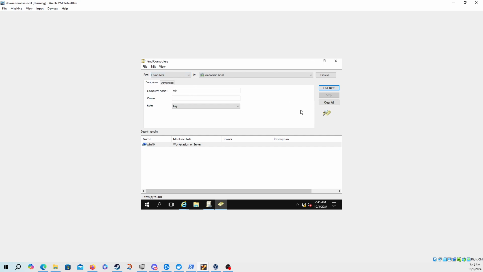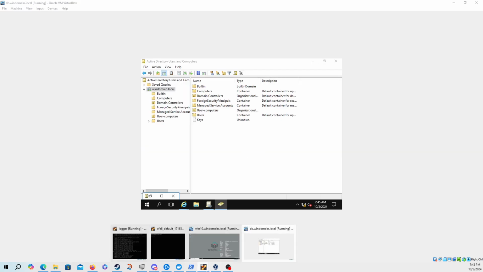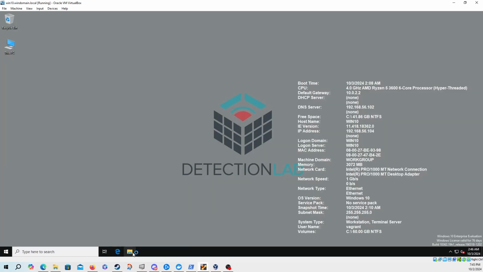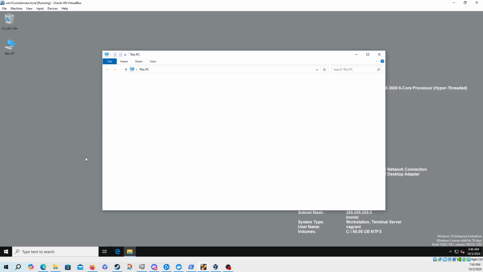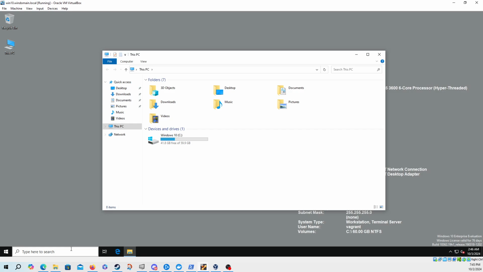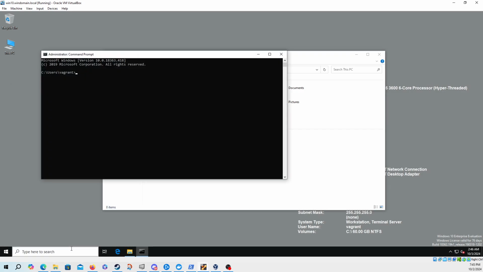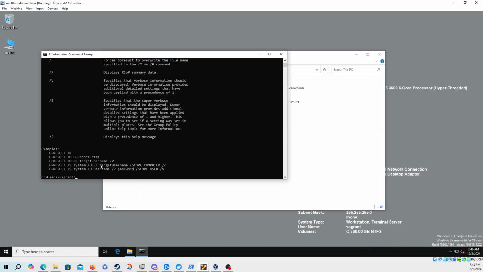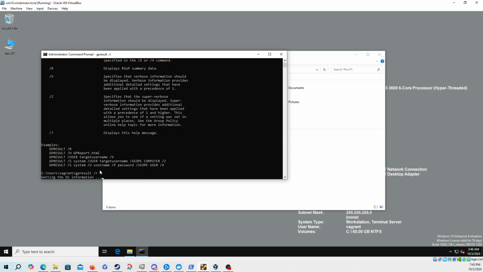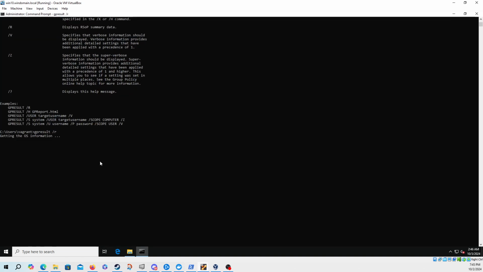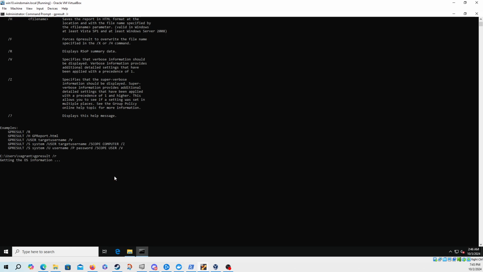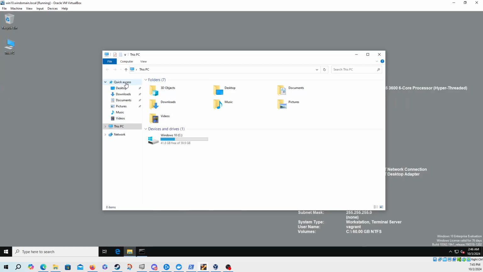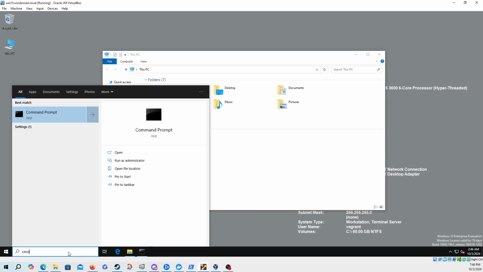So let's see. Let's go ahead and log in to the Win10 domain.local system. We're going to go into the system here and we're going to do GP result. So it looks like, for whatever reason, we didn't get the OU, or it's not available in Active Directory. So when troubleshooting a GPO issue, typically what you want to do is go into